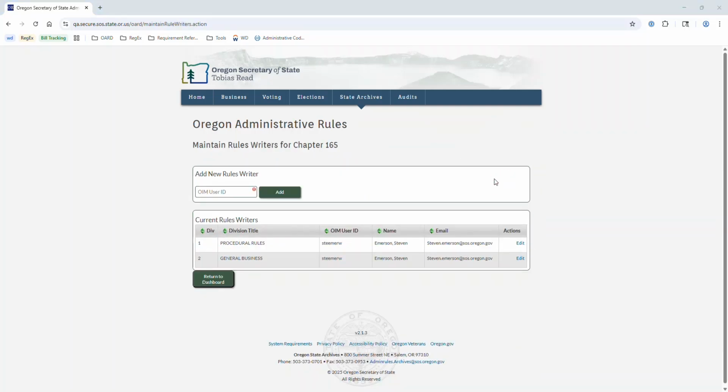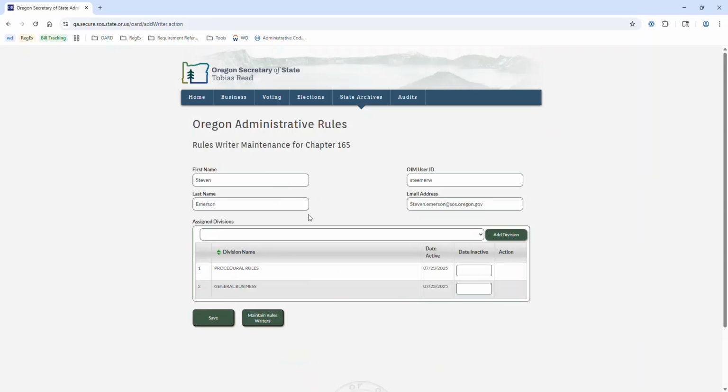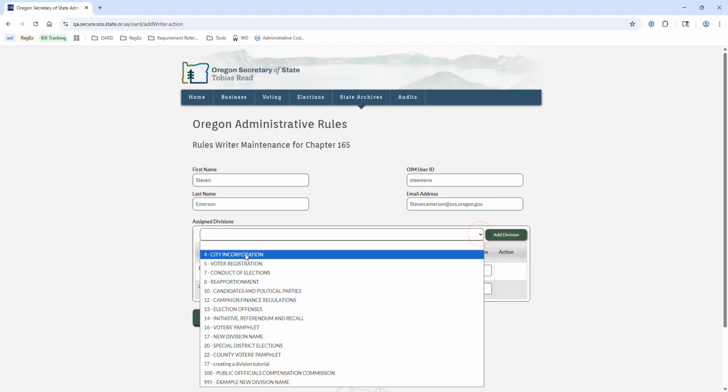Next, we will need to enter our rules writer's username. Then we can click Add. It will bring up our rules writer's information. We can see the assigned divisions, and then we can add additional divisions using this drop-down menu, selecting the division